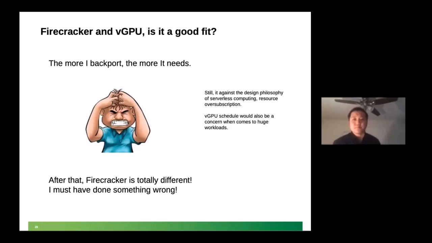So let me just share some thoughts here. During all the Backport working, I think it's fun. I like reading code. But during all the working, there's one question I keep asking: is it a good fit? Because first, the more I Backport, the more it needs. Like I needed to Backport this, that, and even after that,